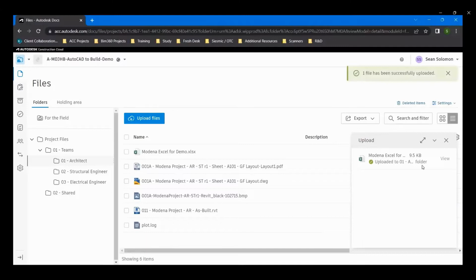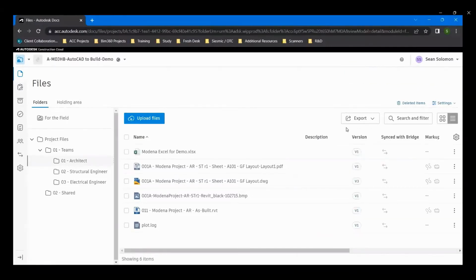So if we take a look in this folder that we have, the first thing you'll notice is that we don't just have DWG file formats. We have a few other different formats. And later on, I'll touch a bit on how you can still view these different formats within this browser. But what's nice to know is that all of these other formats can be integrated, can be collaborated, and